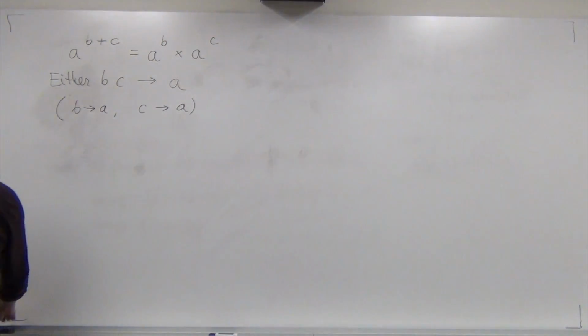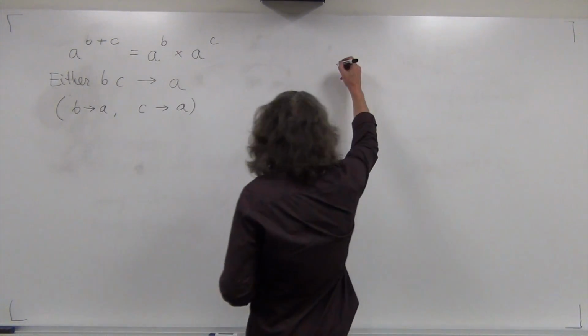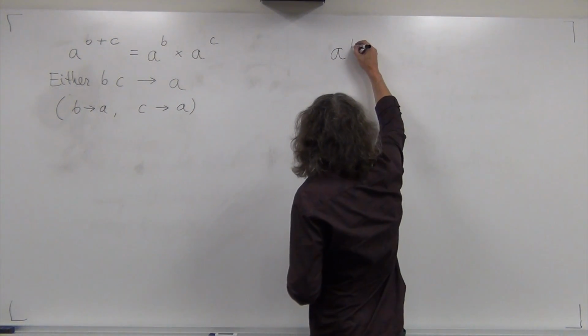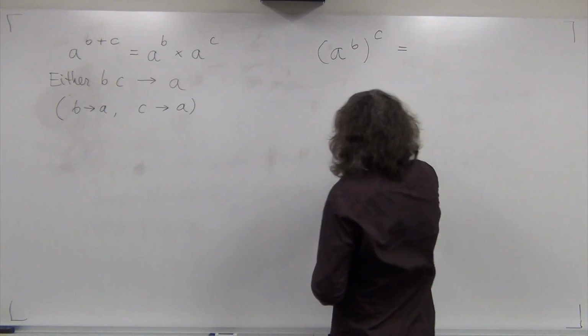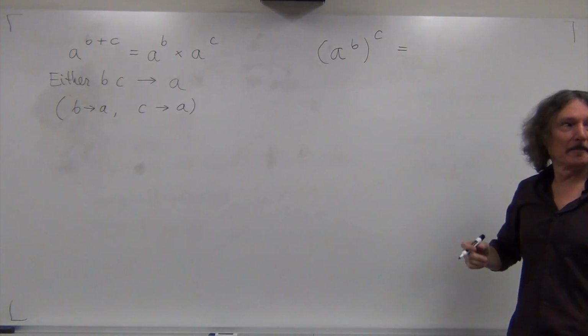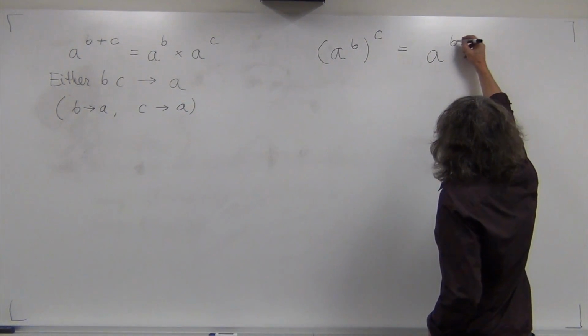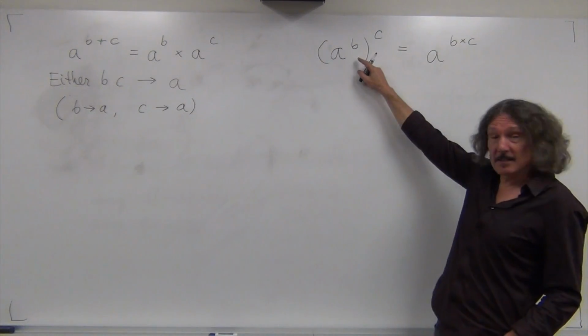That's so nice. Okay, next one on my list is A to the power of B, and then again to the power of C, right? What is this? It's A to B times C, okay? So this,